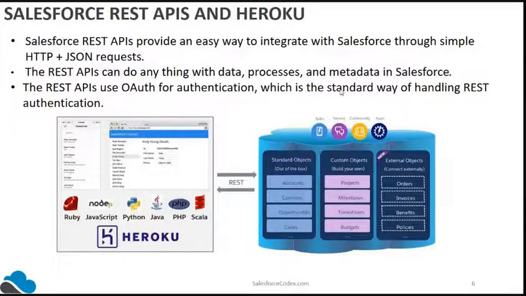If you see the screen, we have a Heroku app, and this Heroku app can be of different kinds: Ruby, JavaScript, Python, Java, PHP, Scala. We will go with a Node.js application today, and that Node.js application will fetch data from the Salesforce API. So we'll see how we can fetch data from Salesforce into the Heroku application.